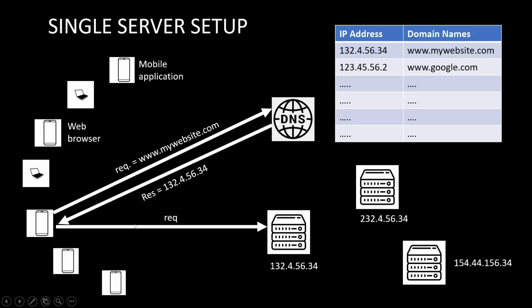So now the request for mywebsite.com is coming to the server, and because it is a mobile application, some JSON data will be sent back to the mobile, right? If the request had come from, say, your browser, then it may happen that the browser gets the response back as HTML files, CSS files, JS files, something of that sort. But right now we are considering that this is a mobile application, so some JSON sort of application data must have come back.